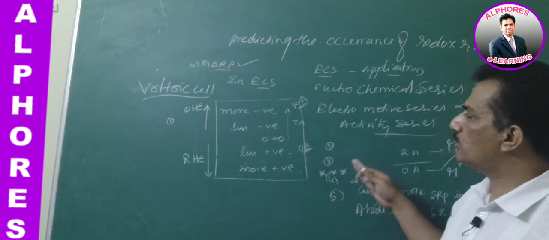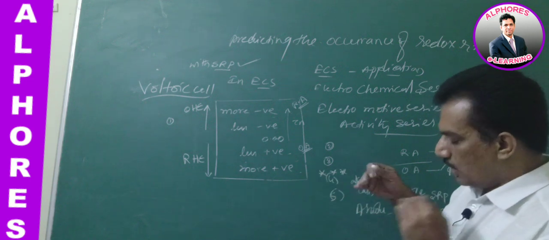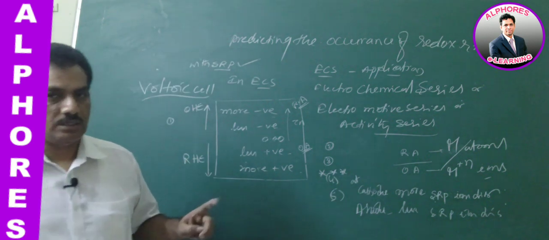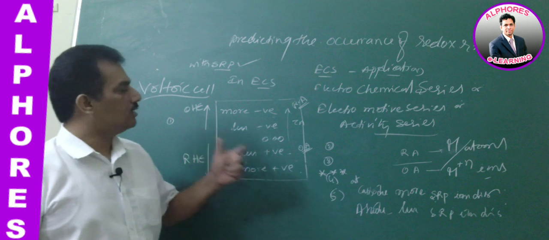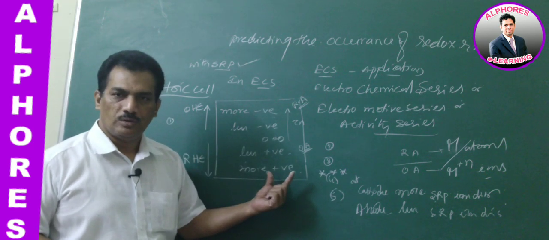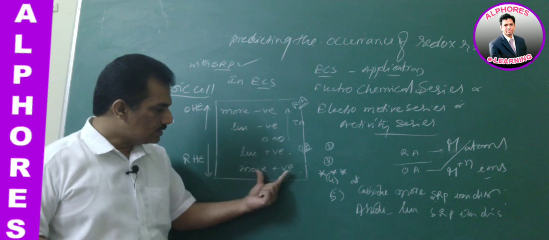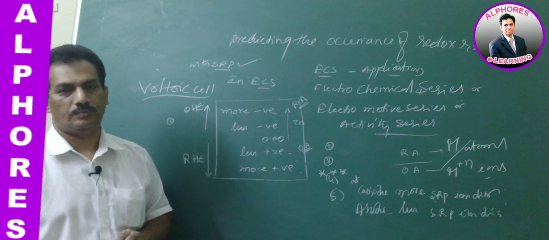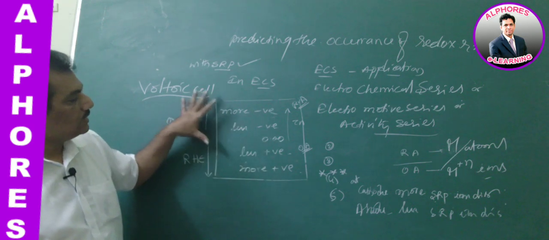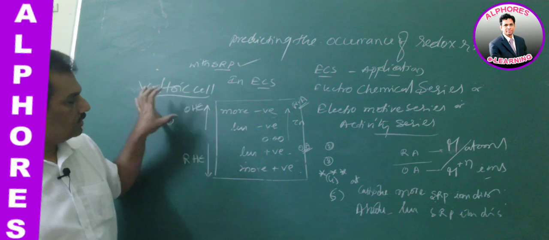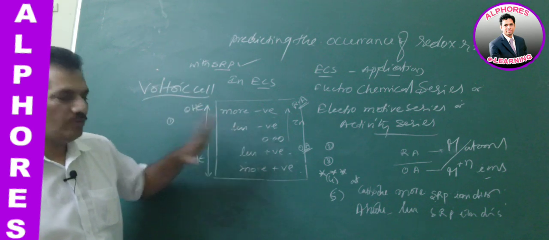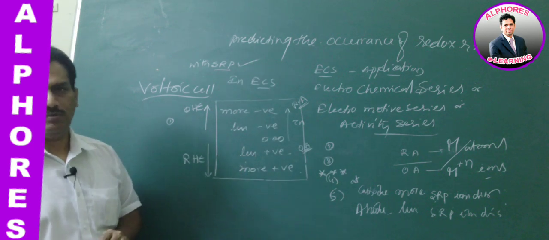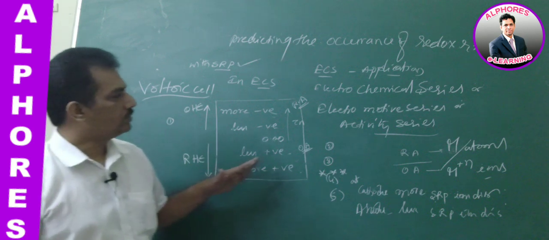These are the applications of ECS, and of them what we require in the present study is nothing but deciding or guessing the tendency, the nature or the function of the electrode from the SRP values. If the SRP values are arranged like this to get ECS, the above one is OHE, the below one is RHE. Clear? Like that you have to guess the tendency or nature of the electrode from SRP or SOP values, and just remember, if SOP is given, convert it into SRP values. Clear? That is about ECS.